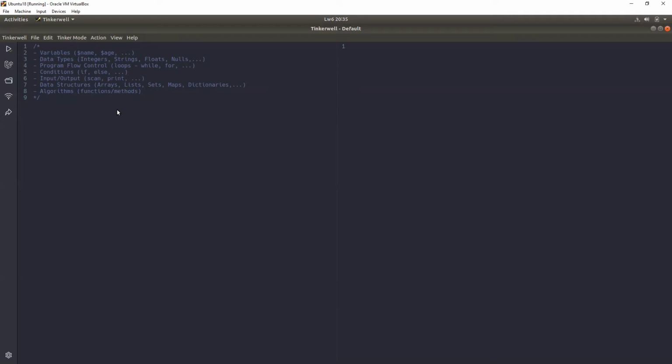Then we have input and output. Input is, if we want to add things to our program, how do we add them? We can read from anywhere. We can read from a database, if we stored things in a database. If we stored things in a file, for example a text file, you can read things from there.